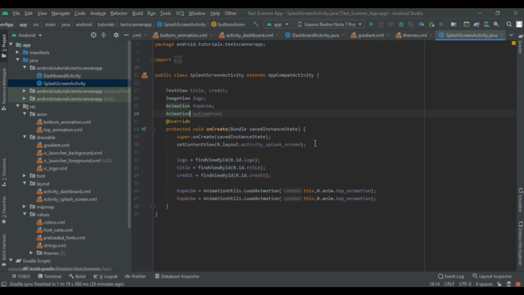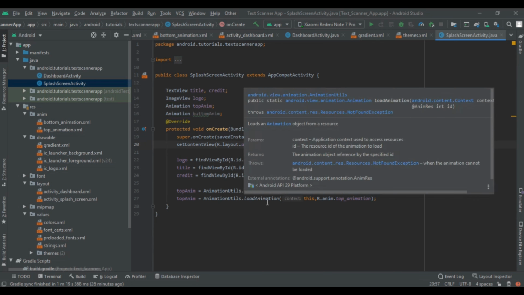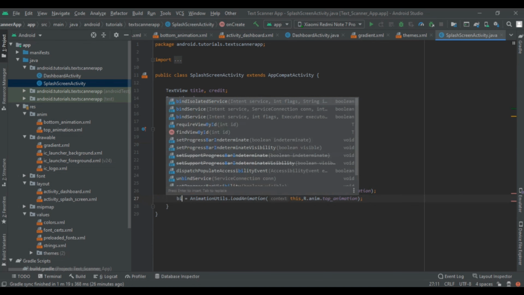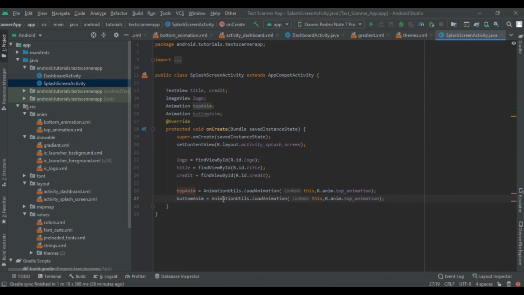So this will remove all the errors. Now instead of this top anim we have to write bottom anim and bottom animation.